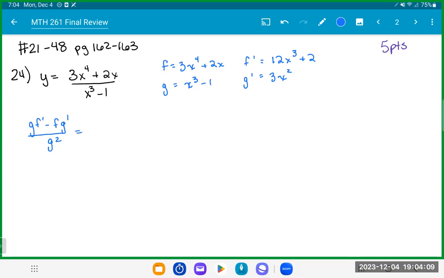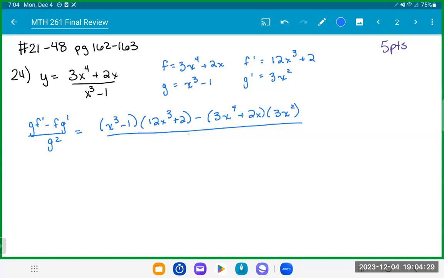Okay, so that gives us x cubed minus 1 times 12x cubed plus 2, minus 3x to the 4th plus 2x times 3x squared. And all of that is divided by our g squared. Okay, so we will do the FOIL method for these two terms. We'll also do the FOIL method for these two terms. And that gets us